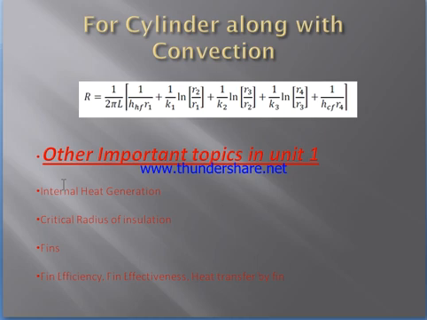In the fins, we will be finding out fin efficiency, fin effectiveness and also the heat transfer rate of the fin. The important point which we have to take note of is area. During the calculation for fins, the area which we have to take is the cross-sectional area of the fins, not the overall area of the fins. For example, if the fin is cylindrical in shape, then the cross-section will be a circle. So the area we should take is pi by 4 d square, not pi d l. This is the important point which we have to notice.